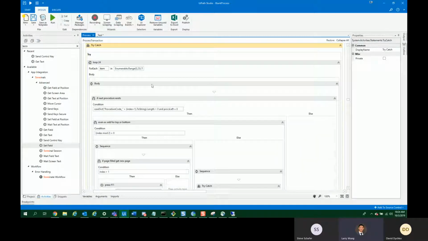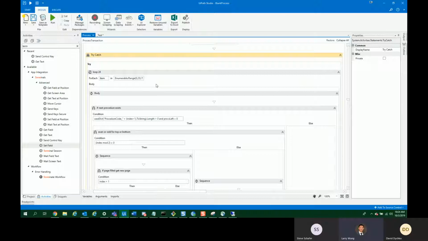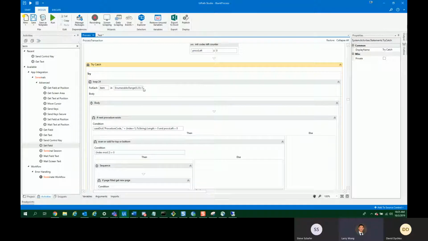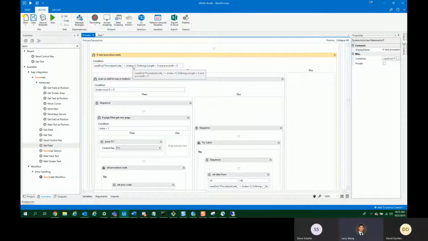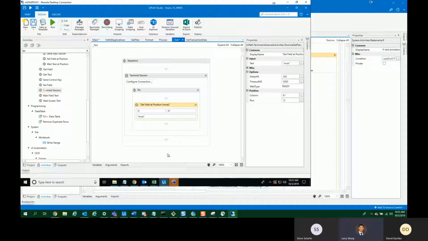except for this part. There are different line items where you put procedure codes into MMIS, and it's important to loop through all of those and make sure they're all entered. So I have to loop through just the integers 1 up to 24, because there can be a maximum of 24. And if the next procedure code exists, then I do something, because it's not empty. There's something to enter in. So I have to put in procedure code underscore index. And I do that because,